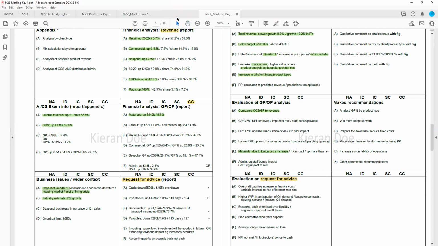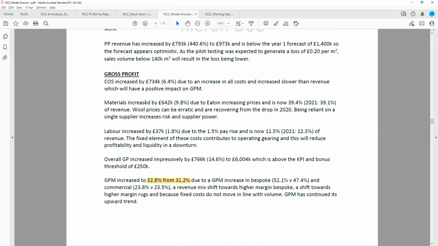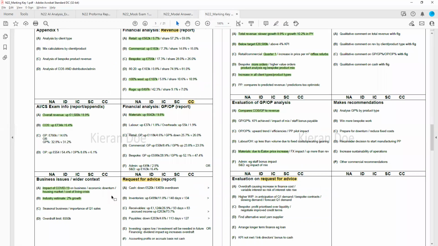I think we did that as well, didn't we? We said materials have gone up. Here's the reason. They're this percentage of revenue. So we've got that in there. And then a context point as well. Did some of these make it onto the marking key? No, they didn't. But